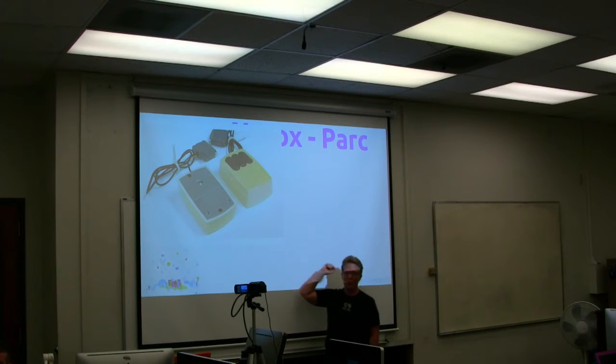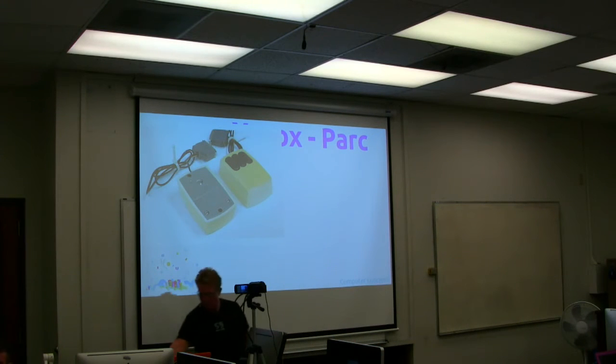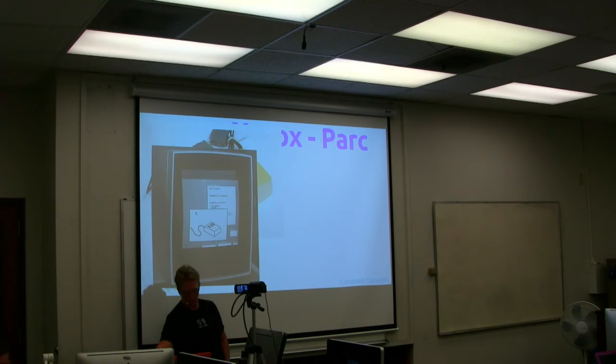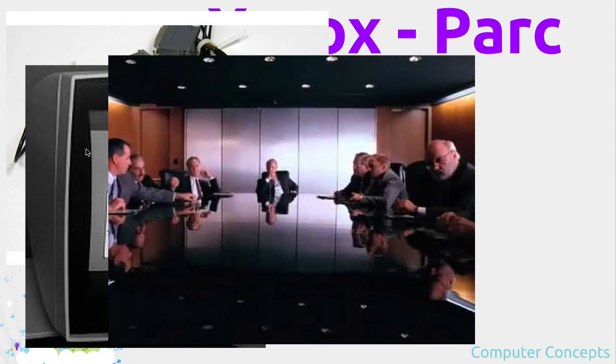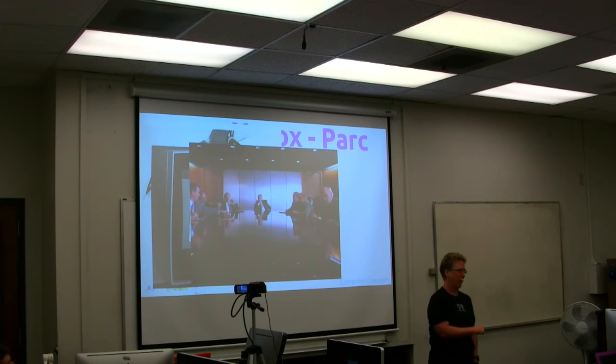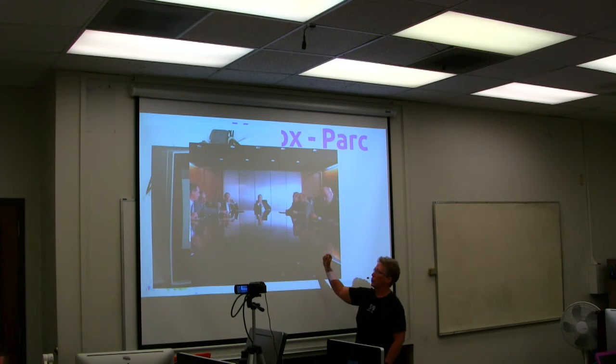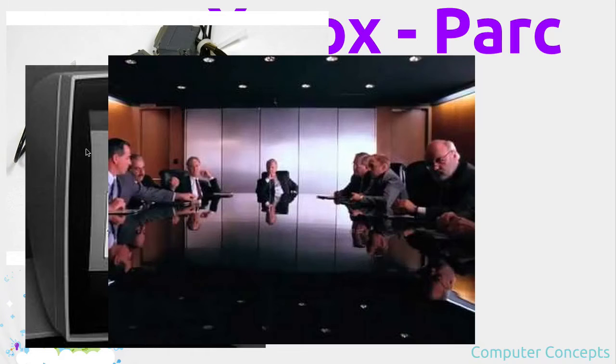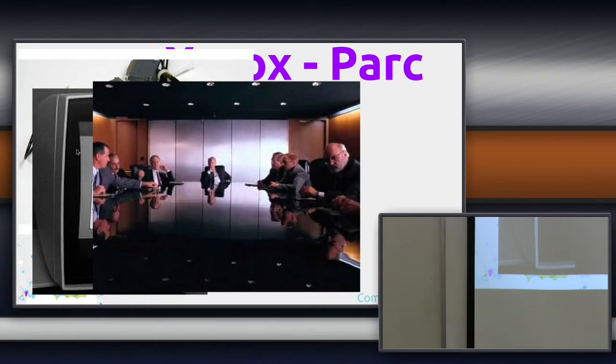So not only did they create the mouse, and here's the image of the graphical user interface, but they created networking, they created some of the fundamental technologies that we use today. But again, and this image is actually from the movie, and you can't quite see it, but what they're doing is they're taking this mouse at the corporate office in Xerox, and they're passing it down the row, and it gets to the top executive.